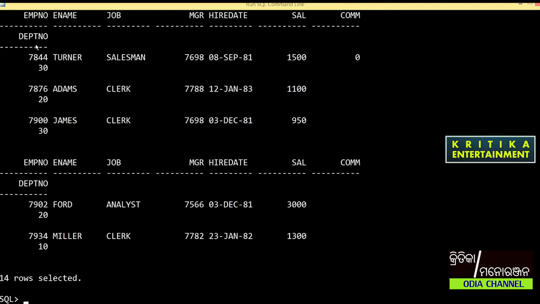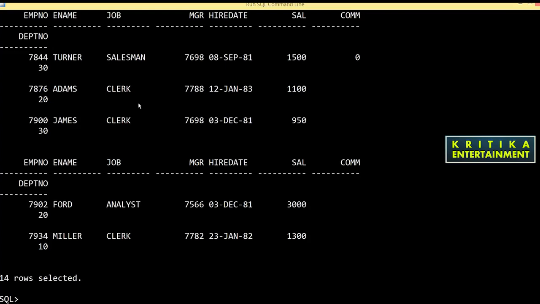So it is very difficult to read. I want to view this table properly, so that the department number column comes on the right side of the columns.